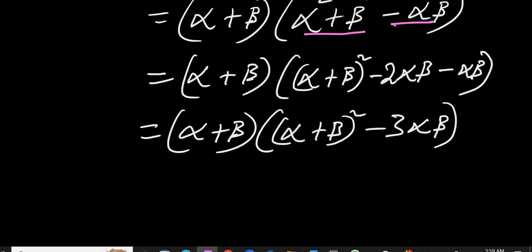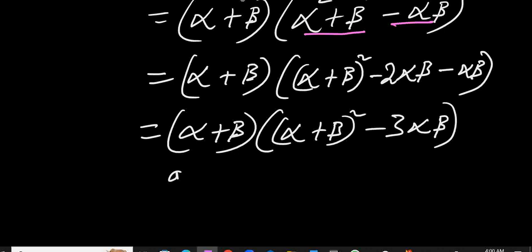So now that we have successfully factored this, we can now substitute the value of the sum and product of root into this formula, and from the question,